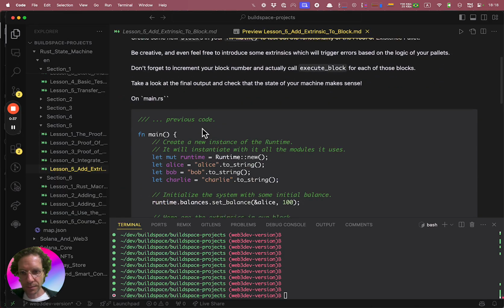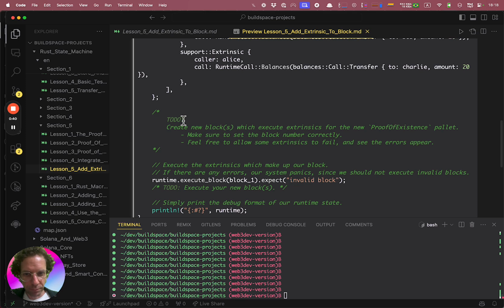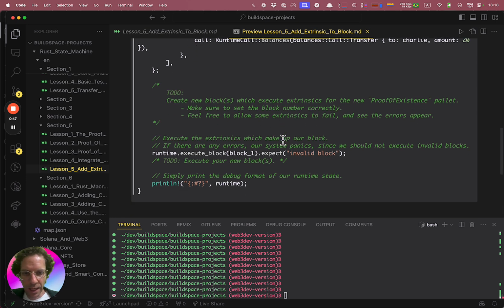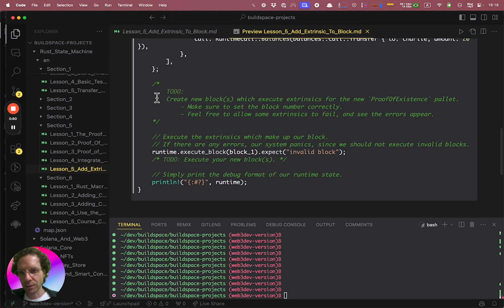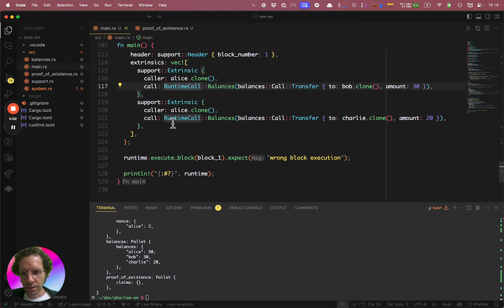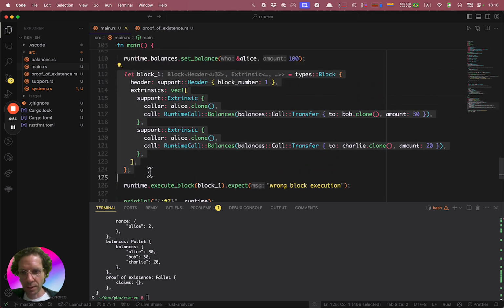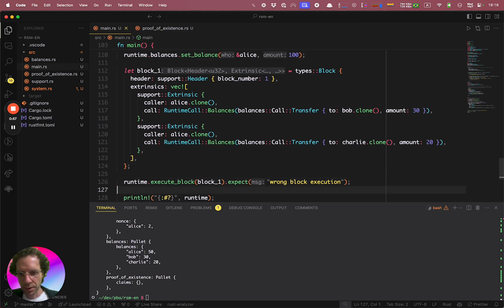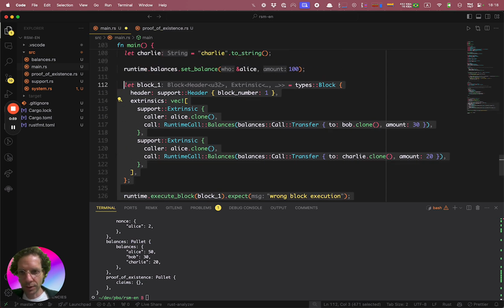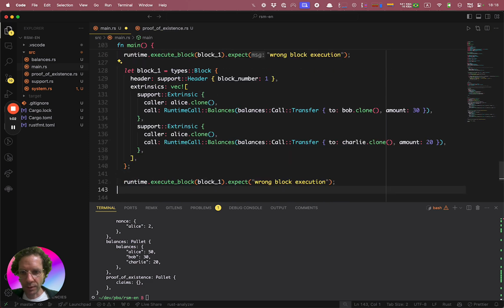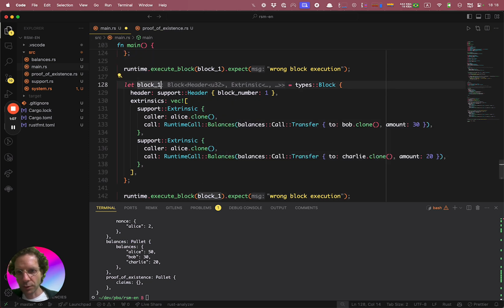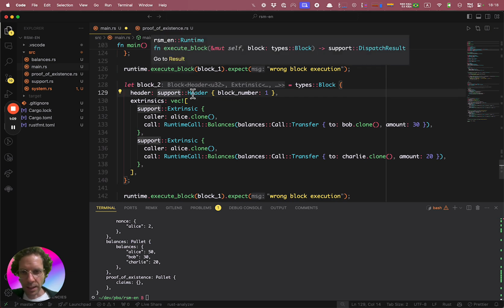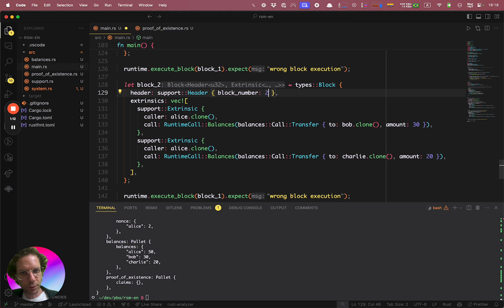So let's make some blocks: create a block, and then let's create some claims, and then revoke some claims. Let's do this. Okay, so let's create a new block. Let's say block 2. Let me copy this just to make it simpler down here. So let's say block 2. Okay, block 2. And now the block number will be block 2.